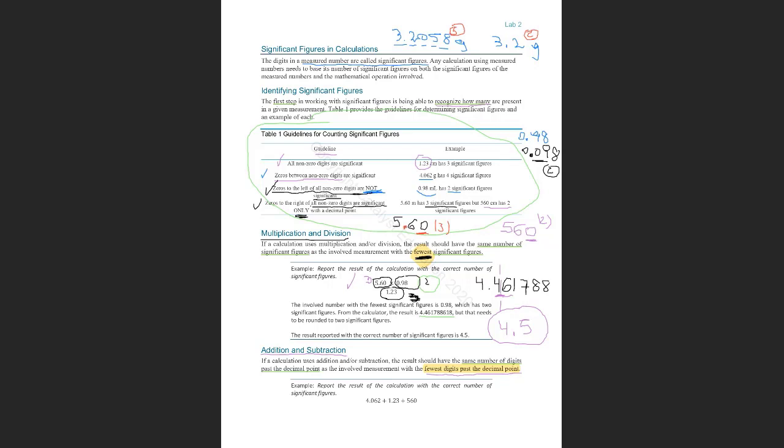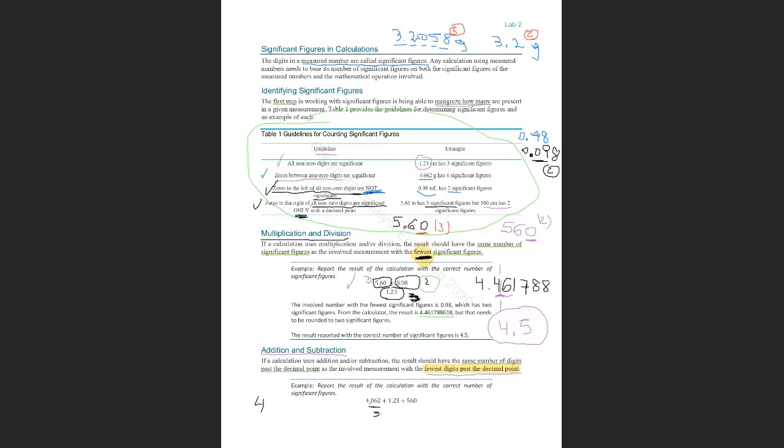For addition and subtraction, I have to look at how many digits are after the decimal point. So let's look at the first number, 4.062. How many digits are after the dot? 0, 6, and 2. I have 3 digits after the decimal point